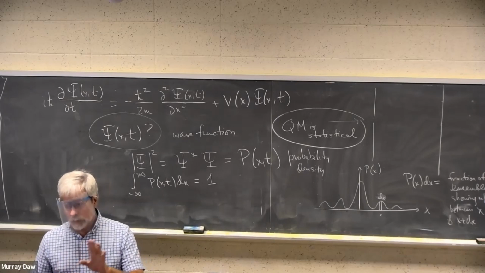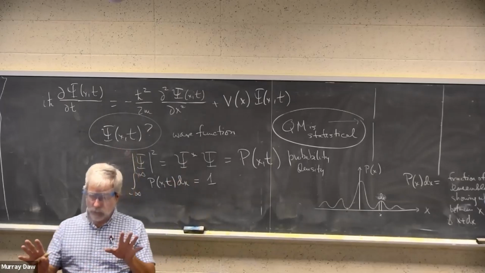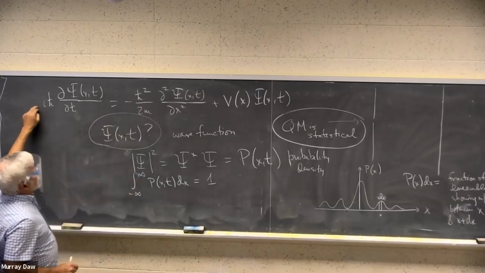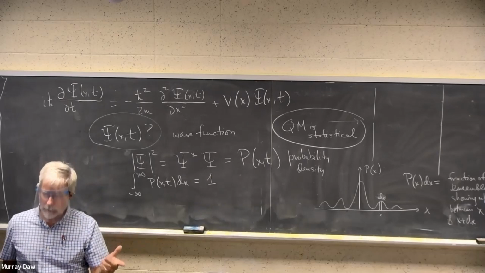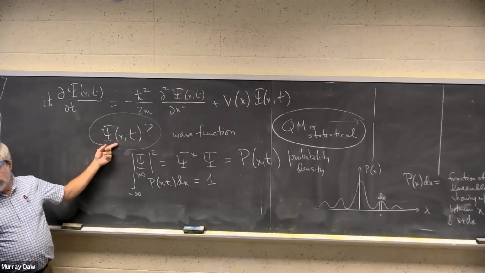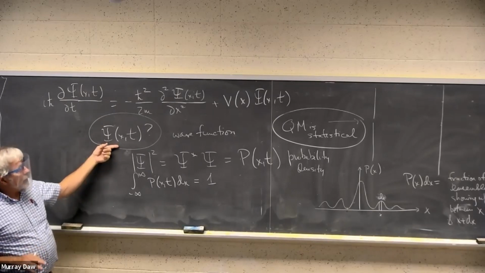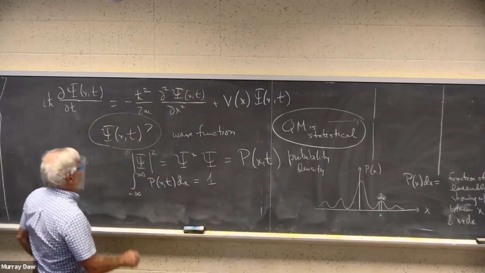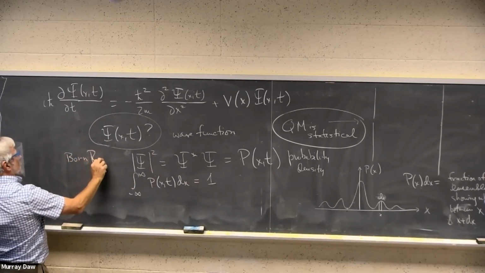So when you understand this, then a lot of the puzzles relating to quantum mechanics go away. The Schrodinger equation is giving us something which will give us a probability density. We're also able to extract other information from this wave function, having to do, for example, with the distribution of speeds of the particle. So there are other things that we can pull out from this wave function. The first thing we're looking at is this, that psi squared is a probability distribution. This is called the Born rule.